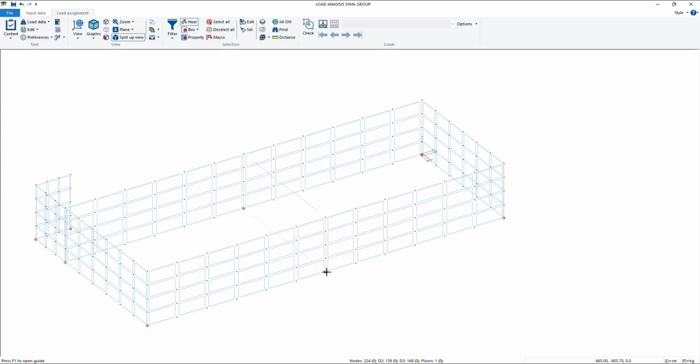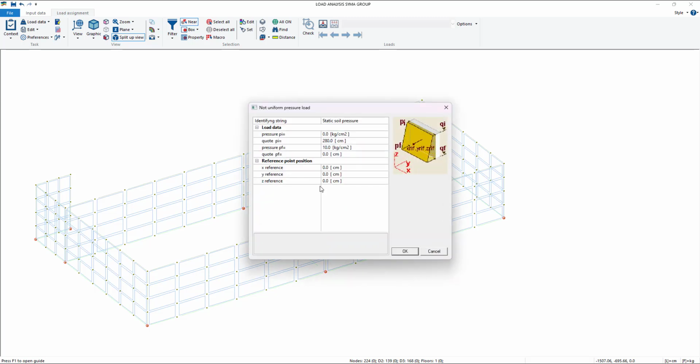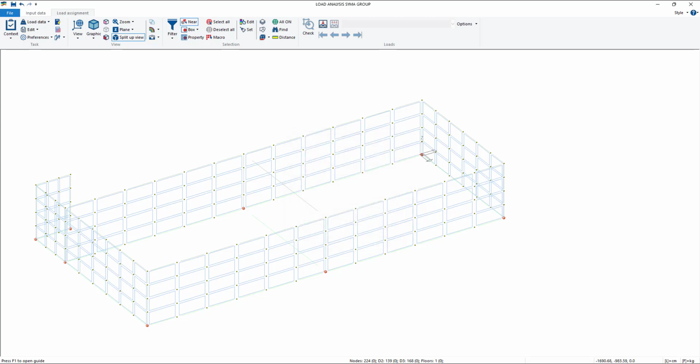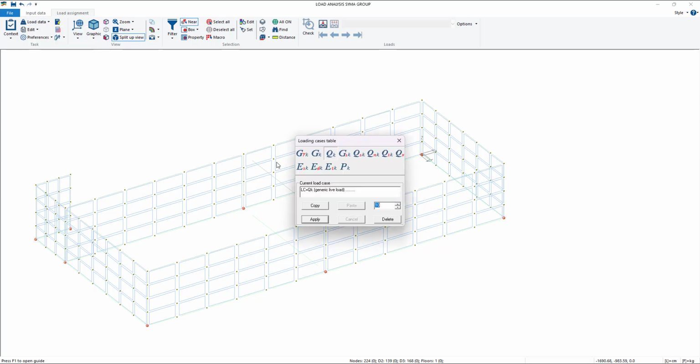So we said 300, negative 900. General load, X 300 and Y negative 900. Okay, so now we have our reference point internal to the structure. And okay, we have to manually create a load case to insert this.